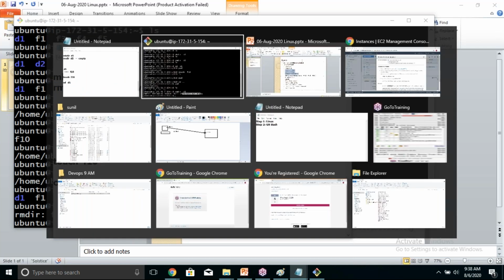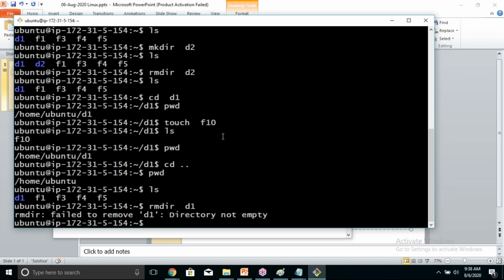Now, if you want to remove a directory which is not empty, the command you need to use is rm -r, where r stands for recursive, followed by the directory you want to delete, D1. What happens? The directory is removed and the files inside the directory are also removed.